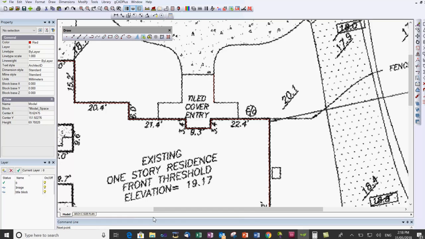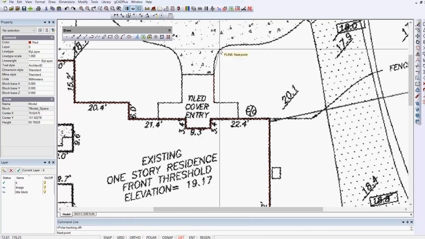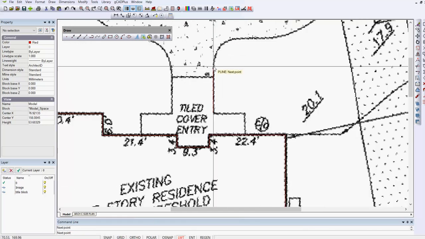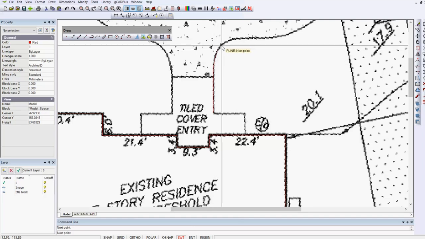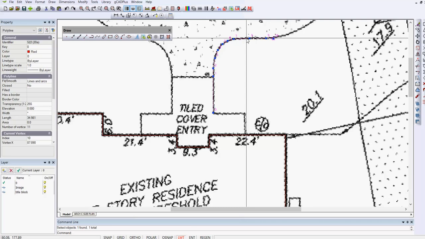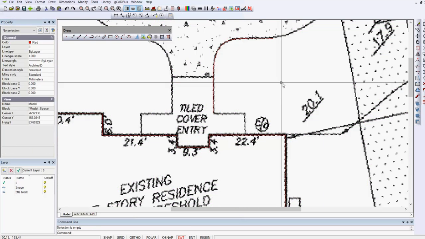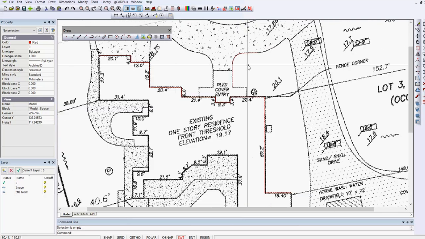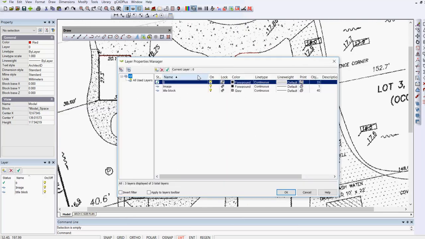I'll take Polar off at this stage and just trace my way around that curving boundary like so. I'll stop at that point there, and I could put a particular type of curve fitting on. But I'm sure you know how to manage that sort of thing,